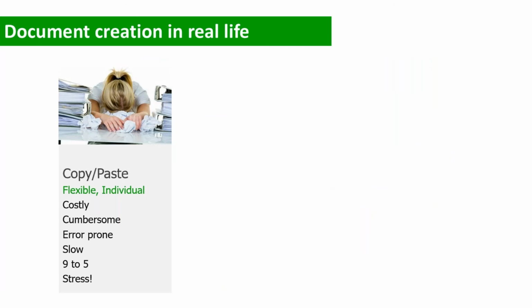Basically, we find three scenarios, one of which is copy-paste. That happens when the data that should be integrated in a document is already present in SharePoint, for example, or any other system, but business users copy-paste that data out of SharePoint into an Office template to create a document. They do that on purpose because it has some advantages.